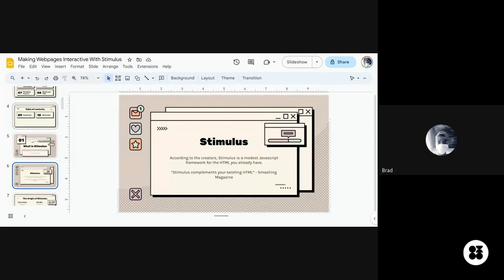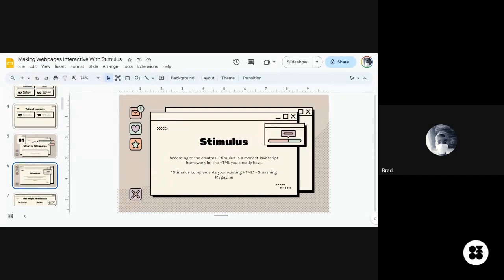So before I go deep into that, let's see something from Smashing Magazine. It's actually from Mike Rogers, the author of the article. He said Stimulus complements your existing HTML. So what does this mean?